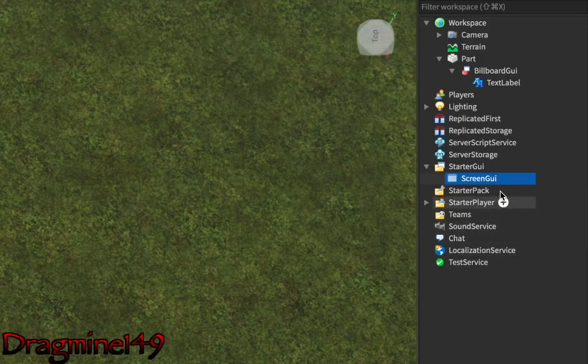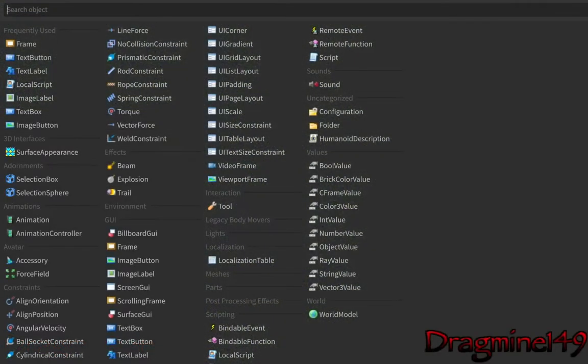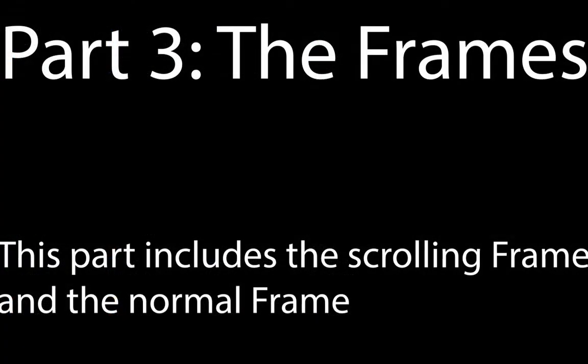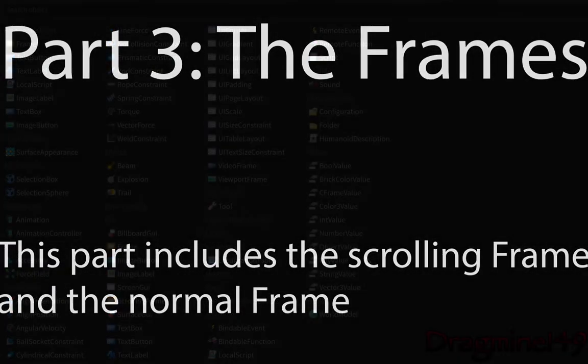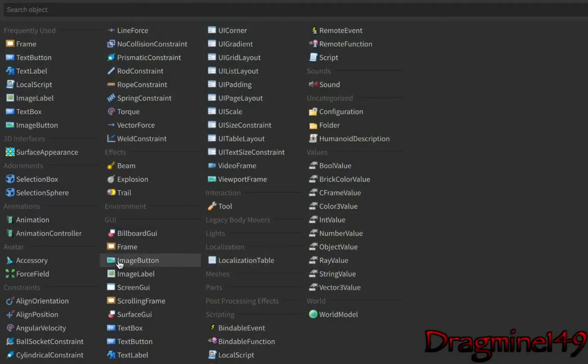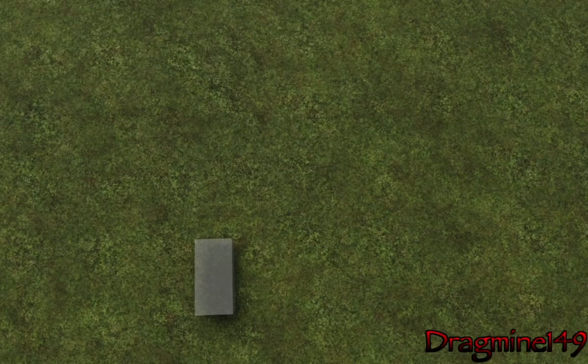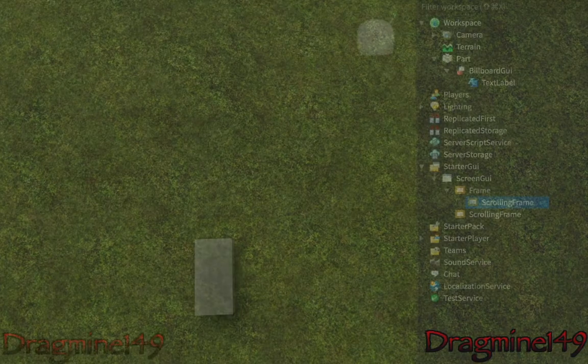Now in our screen GUI, we are going to add our frame. As you can see, there's a frame and a scrolling frame. We are going to do both of them. So I'll just add the frame.